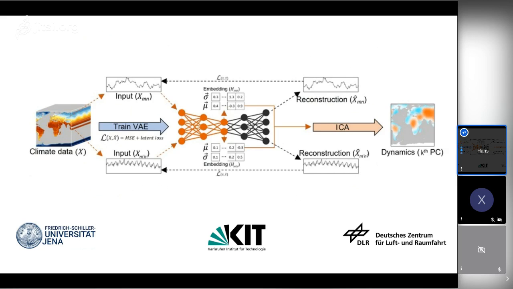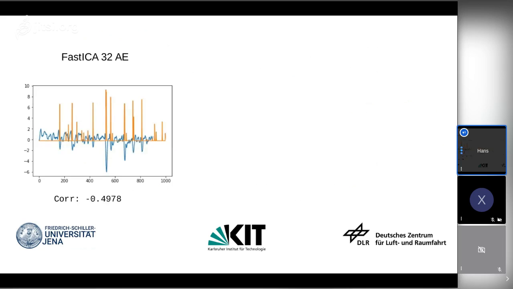And a kernel is normally a scalar product evaluated on not the examples, but an image of the examples under some feature function. And this feature function is trained or learned by the autoencoder in our case. So we train an autoencoder and then use the encoding at the bottleneck and perform ICA over this encoding. For our experiments, we used an autoencoder with a bottleneck size of 32, but this is a hyperparameter that we need to optimize. So let's come to some results.